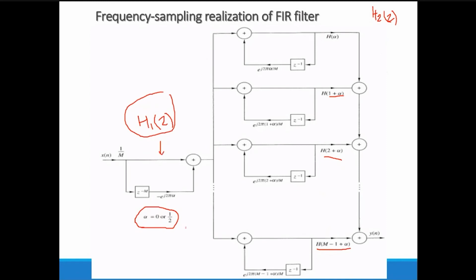As I told you, if you are reading another book, in those books this alpha parameter is taken as 0. In this case the term is mentioned as minus 1 only, and they mention H0, H1, H2 up to the last term. This is the only change, so don't confuse. They take only the alpha equal to 0 case. I am taking the general case because this is mentioned in your standard textbook, Proakis.